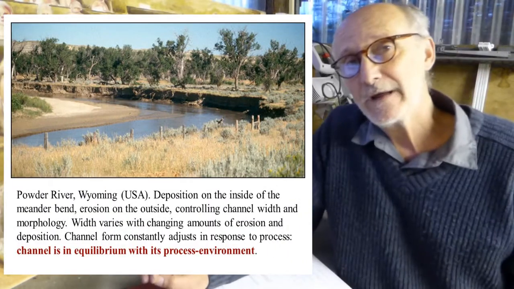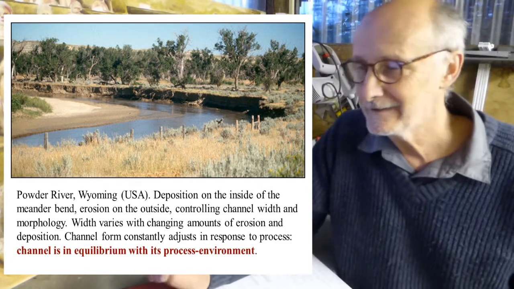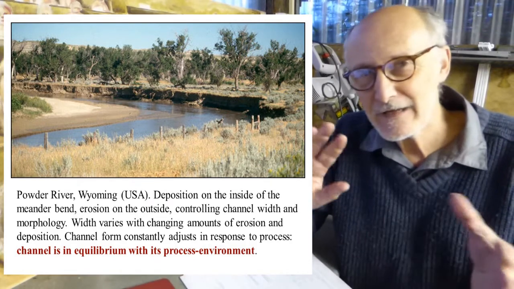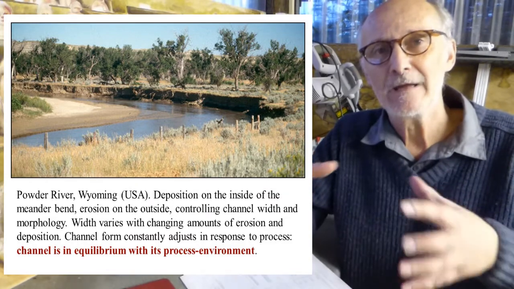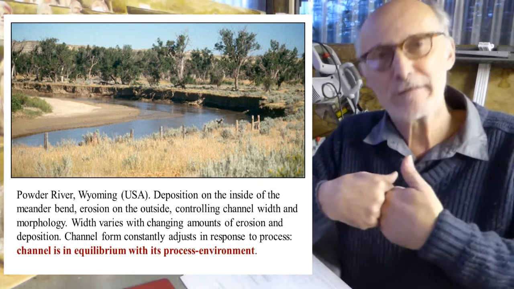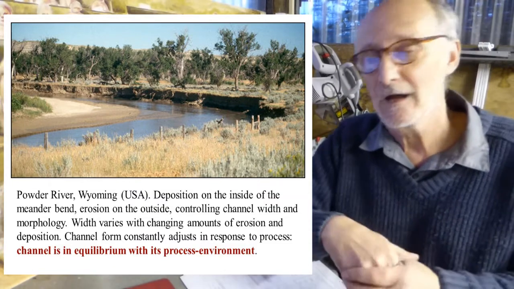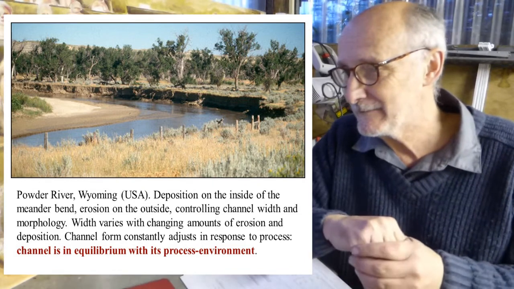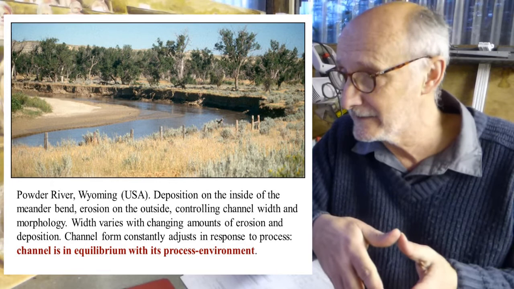So from what we were talking about in the previous video, you'll get the idea that an equilibrium situation is one where things are holding each other in balance, if you like. So different things are going on in the environment, but as they're going on, there isn't necessarily any massive directional shift in what's happening in the landscape. Things aren't changing majorly. And this example is just a photograph of the Powder River in Wyoming in the States.